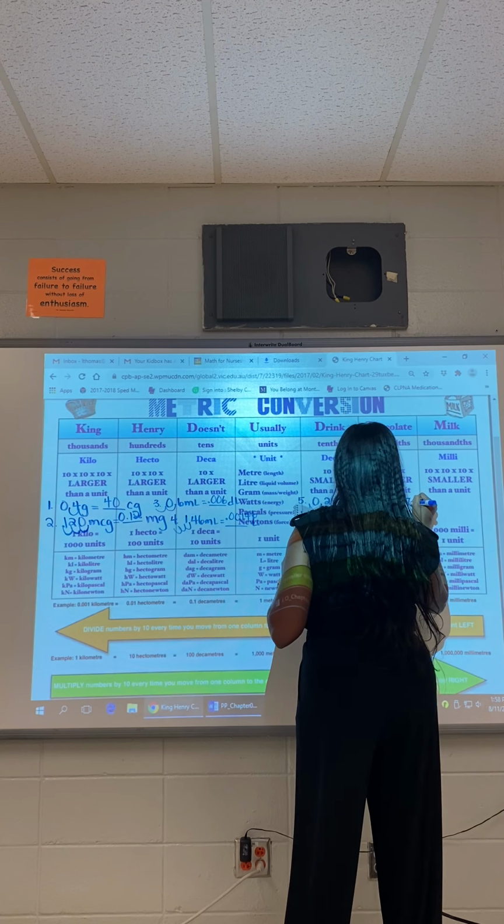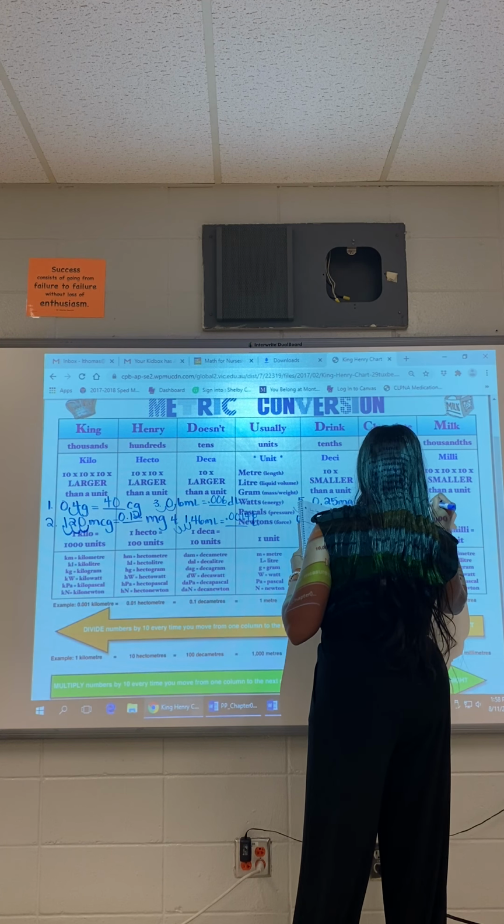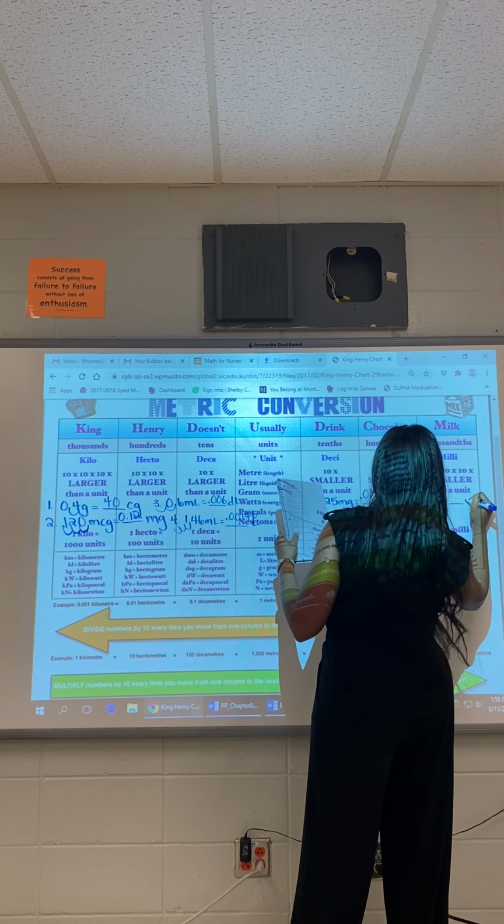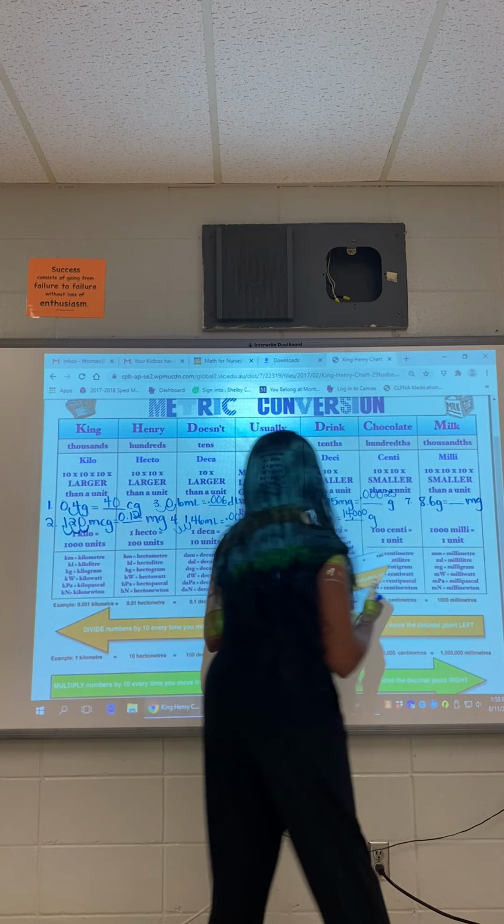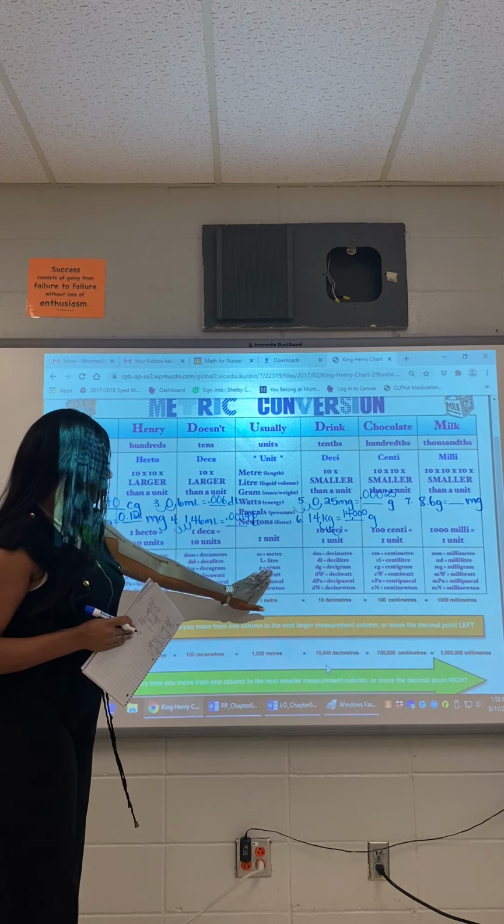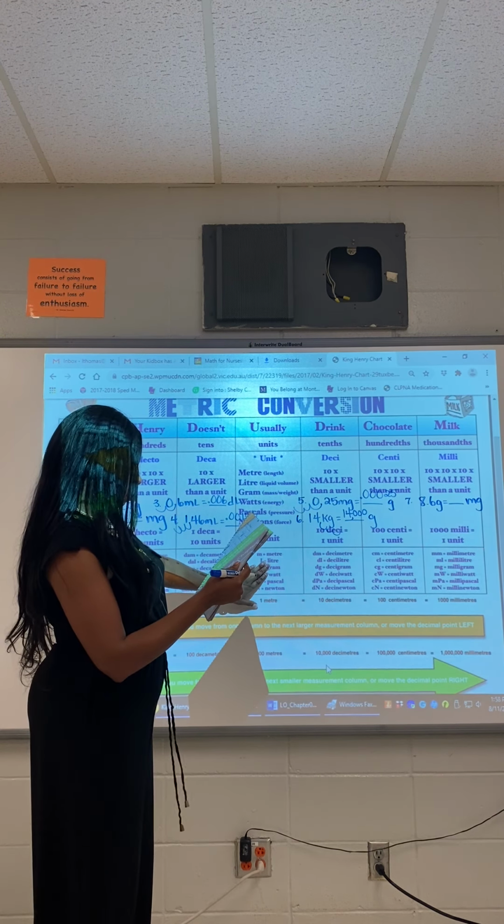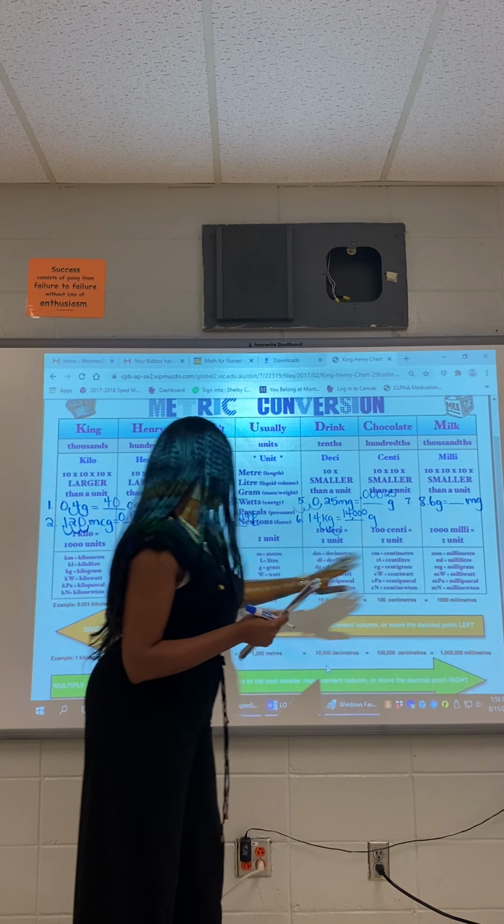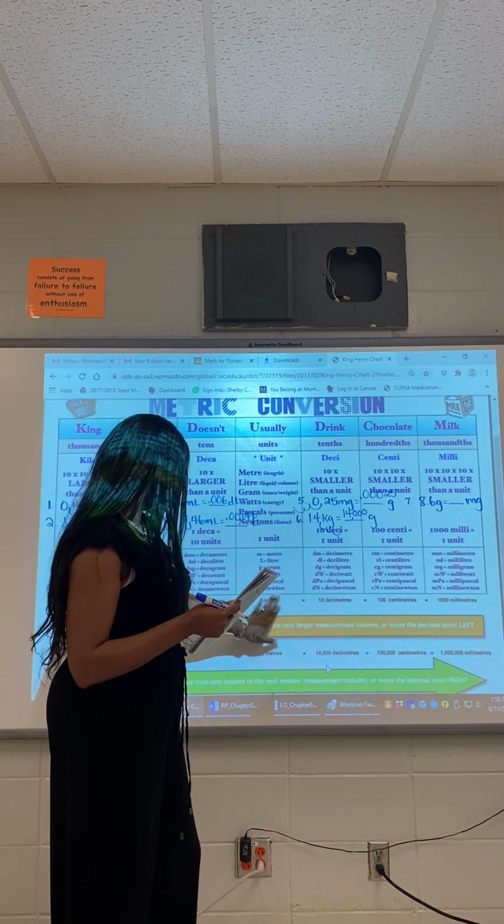For number 7, 8.6 kilograms equals how many milligrams? How many milligrams? So if I'm at grams, I'm here for number 7, and I'm going to milligrams, which is here. So I need to move my decimal 1,